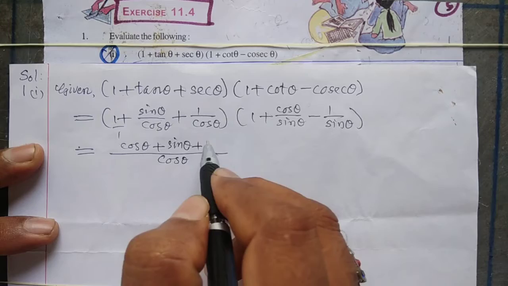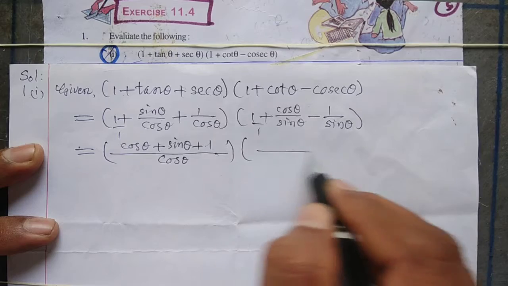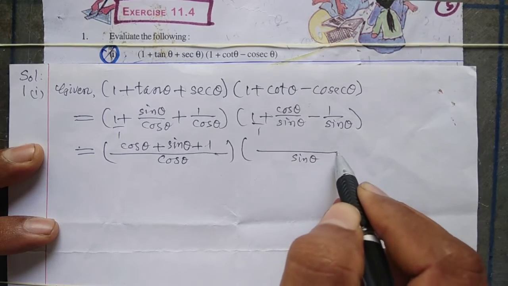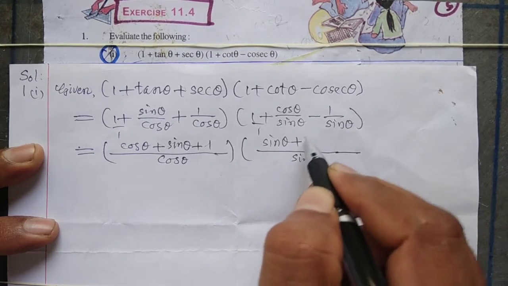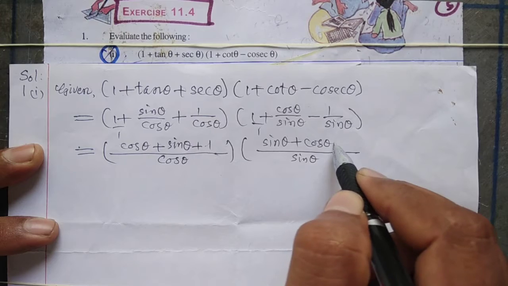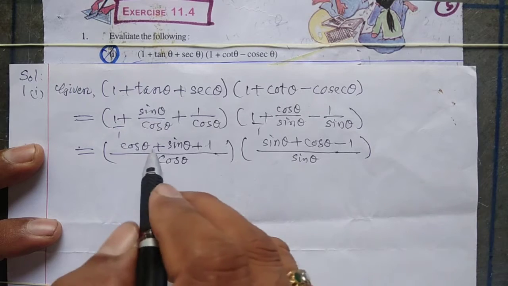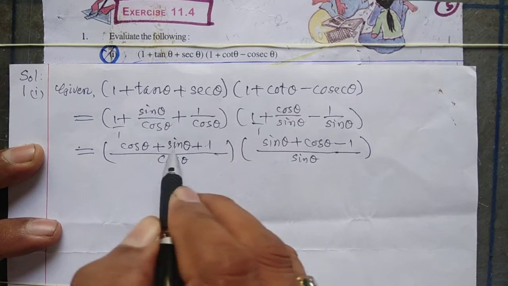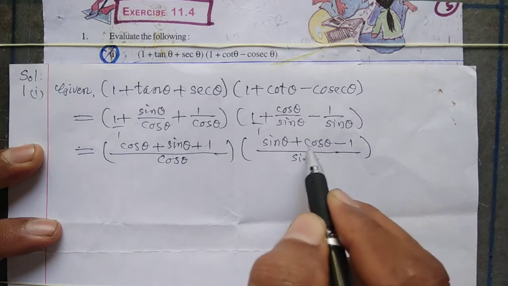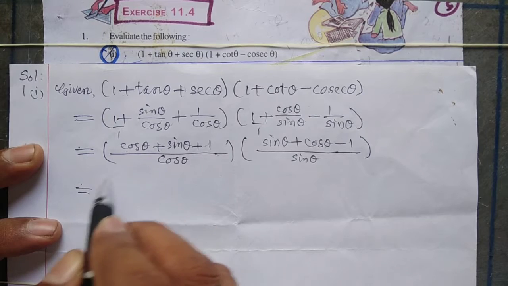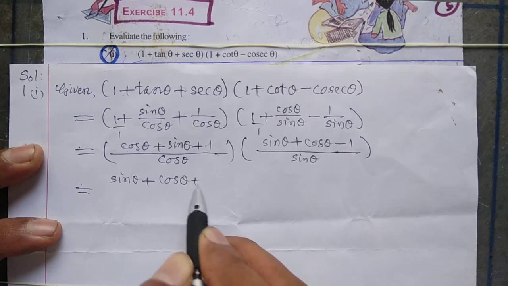plus 1, into here LCM sin theta, here sin theta plus cos theta minus 1. Just we have to change this order, sin theta plus cos theta. These we can change like this, sin theta plus cos theta. Sin theta plus cos theta plus 1